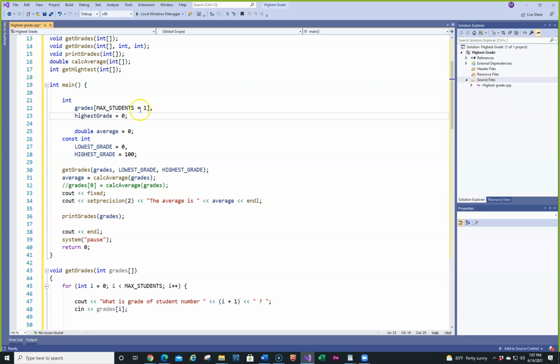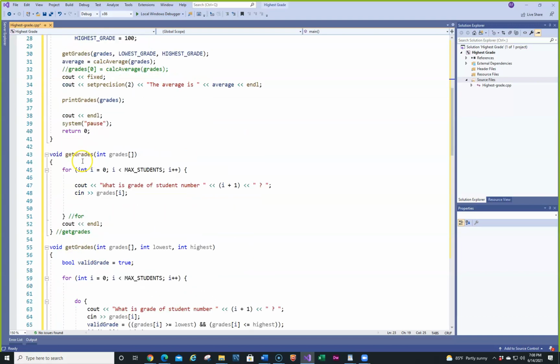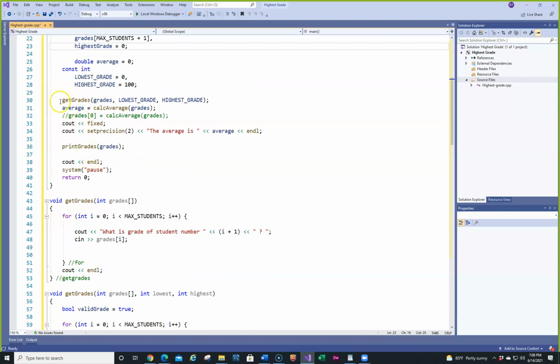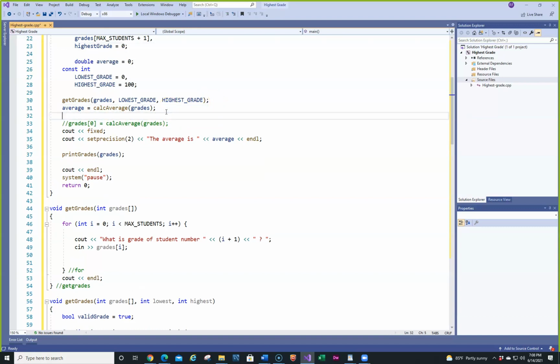And you can do it this way, or you can put it separately if you want to separate the arrays from that, because it's just an integer. So we're going to do, in this particular case, get grades. So we're getting the grades. Here's the average. So let's go and highest grade equals get highest, and we just need to pass grades,